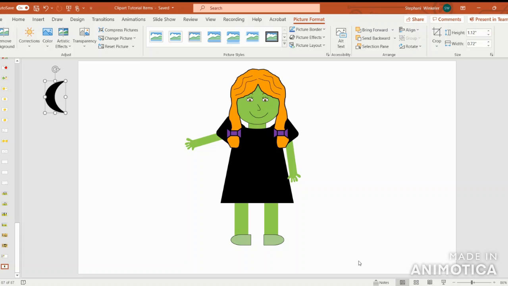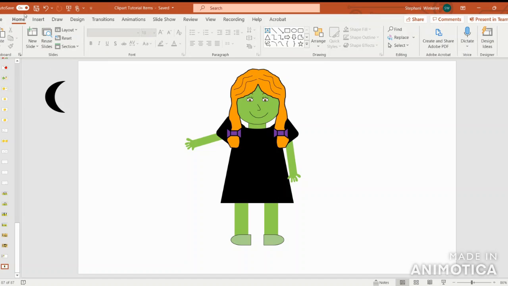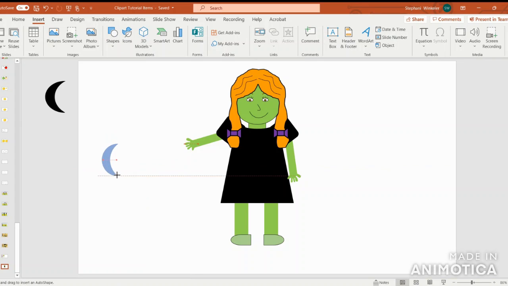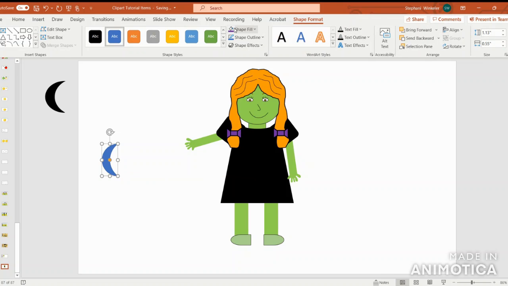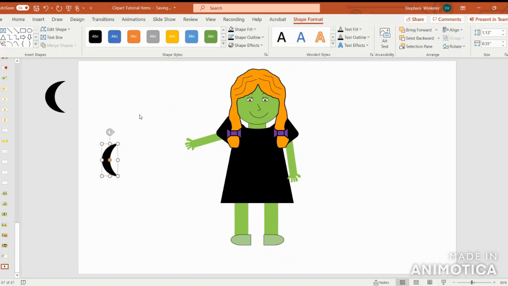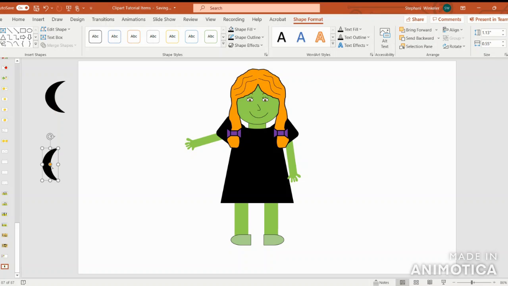All right, the first thing we'll do to make the witch's shoes is to go in and insert shapes and select this moon shape. And you're going to shape fill black and shape outline in black. And you want it to be pointy because this is going to be the top part of the witch's shoe. So once you make it pointy,